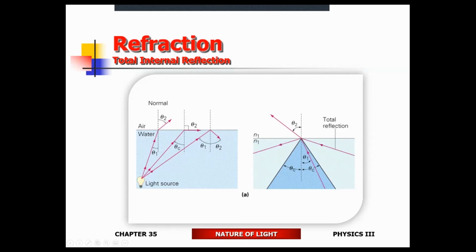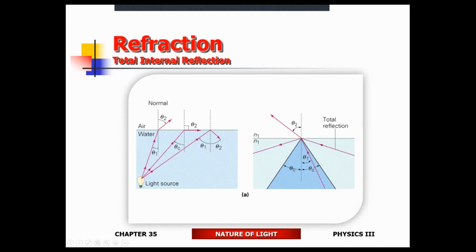All right, so here's the angle of incidence. This is the angle of refraction. All right, so going from a more dense into a less dense medium, it gets refracted away from the normal. And at this angle, notice that the refracted ray is going to be parallel to the boundary. And when the angle of incidence is like that, there's no refraction. So the angle of incidence is the same as the angle of reflection. All right, so this is known as total internal reflection. Let's focus on this angle, theta sub c.